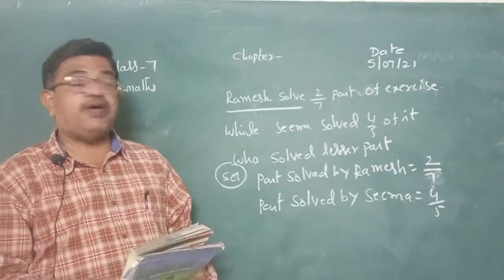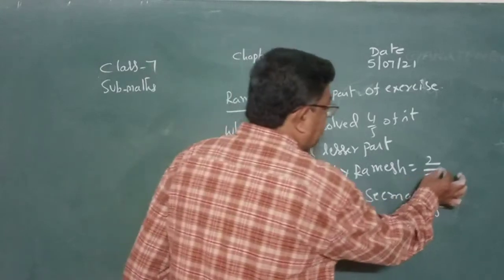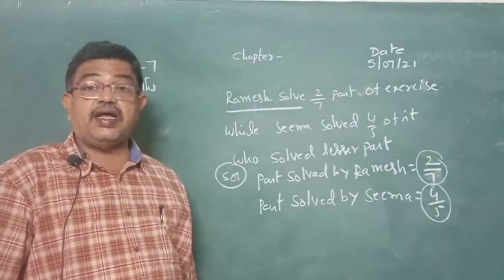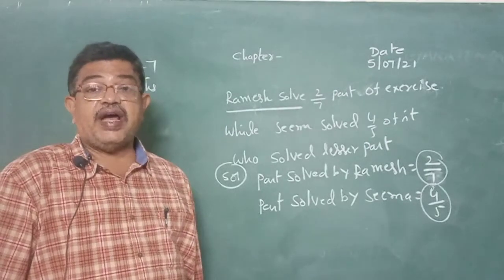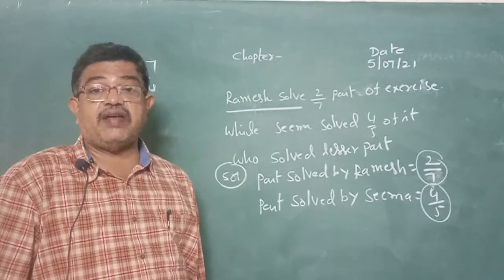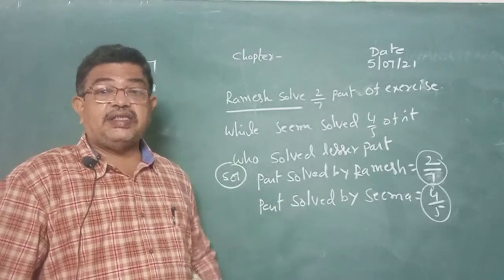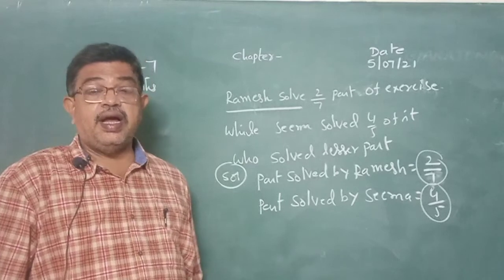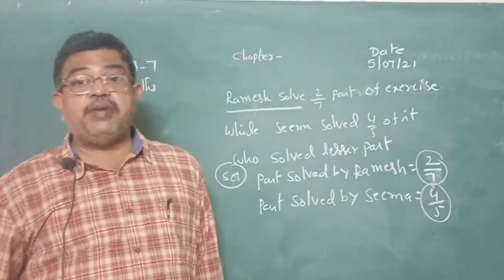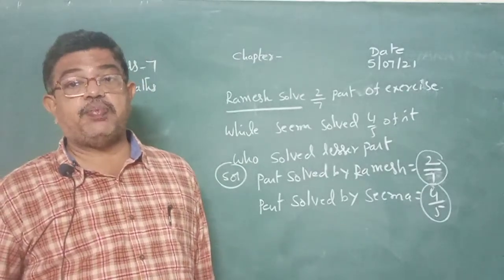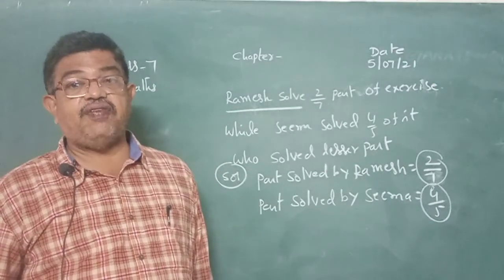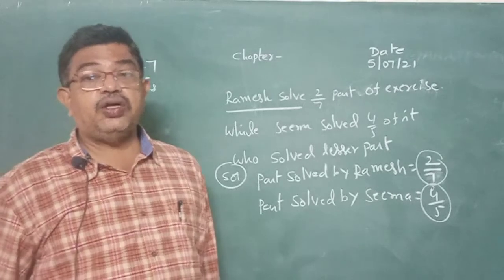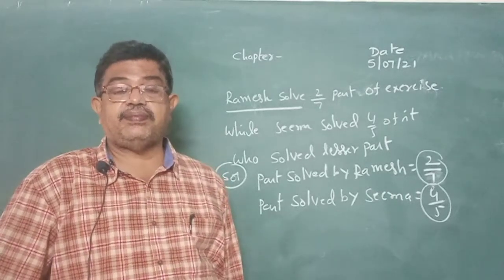We take the LCM of the denominators, because to compare fractions they must be like fractions. We learned that definition in earlier classes. What are like fractions? Fractions having the same denominator are like fractions. As I said, in one example, Ramesh did 15 problems in the exercise and Seema did 12 problems. Who did the lesser part? Seema. 12 is less than 15. Who did more? Ramesh. 15 is more than 12. So there you are comparing integers.